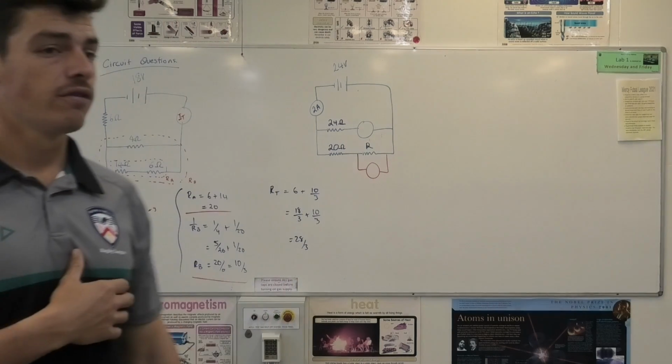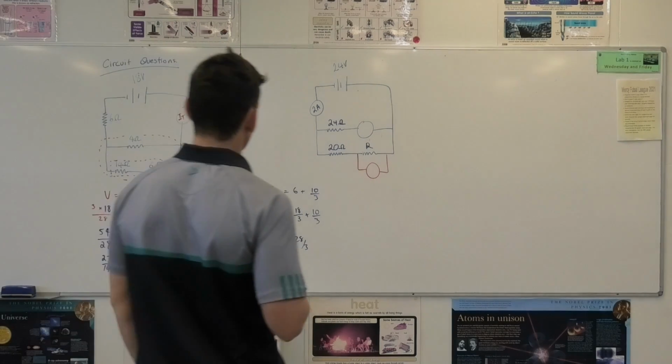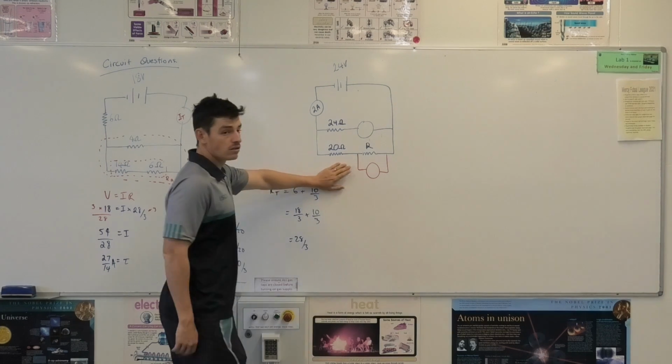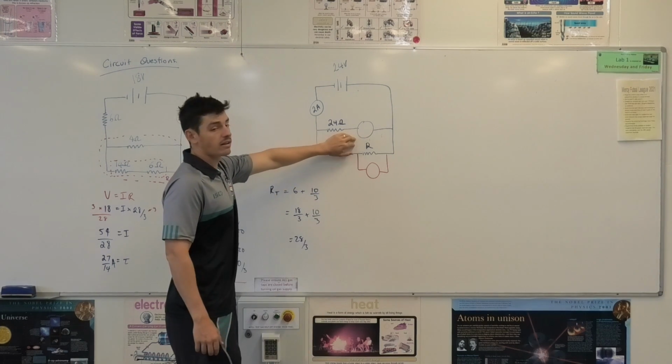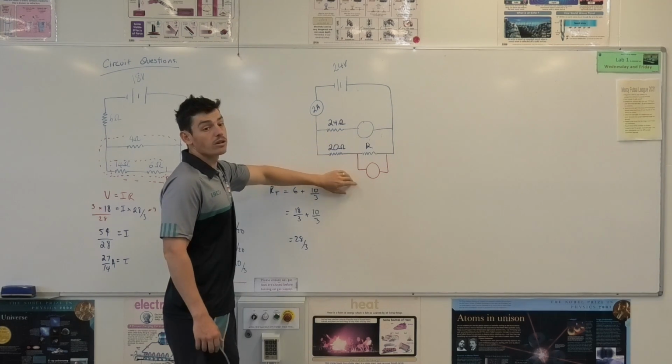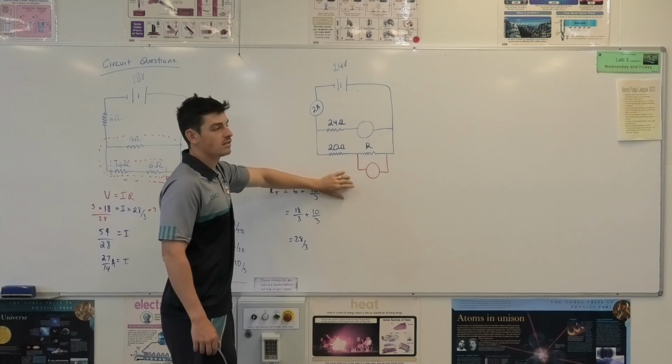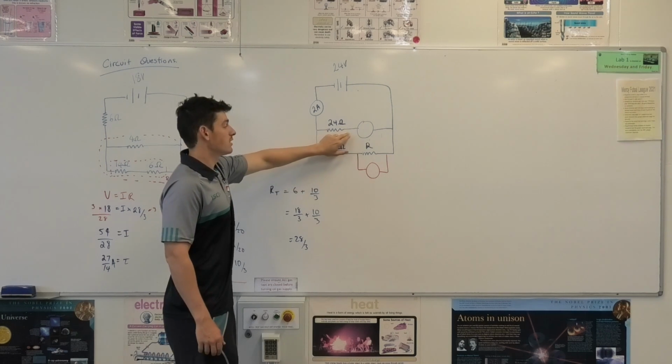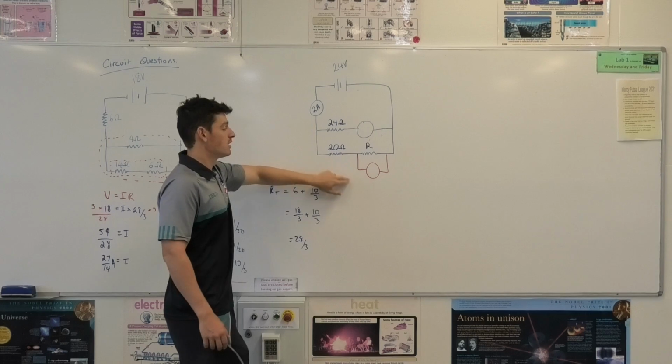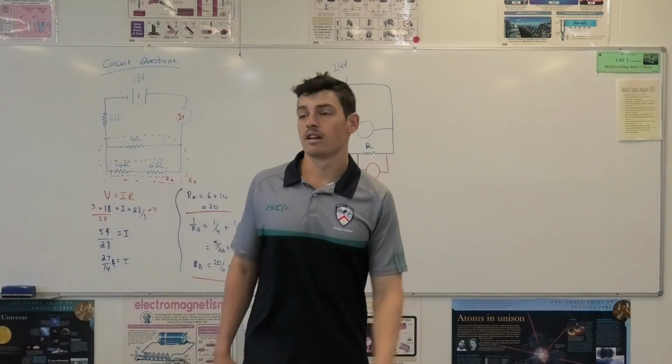How do we know we're finding voltage in this one? On the red, how do we know we're finding voltage? Because it goes out, which means it's in series, so current's always measured in series. Voltage is measured in parallel, even though I haven't put